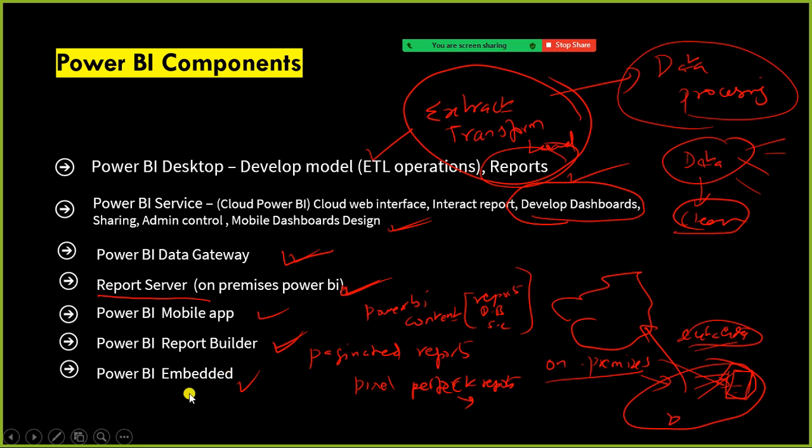Now you understood all these components. Using Power BI Embedded, you can embed your report which you published on cloud to your website or to your blog or to your ERP application or SharePoint and so on. In order to embed this with SharePoint or CRM, or to integrate with any other tool, you need programming knowledge like C#, Java, Python, and so on. Once you develop a program to integrate or embed your Power BI report with various other applications,